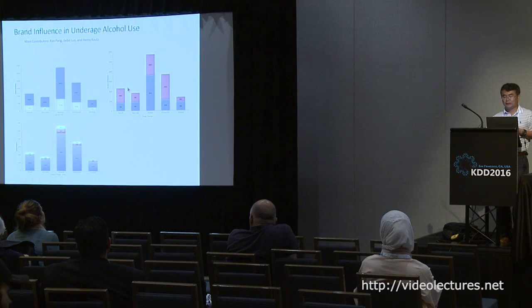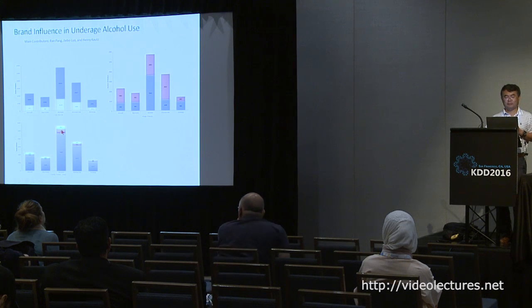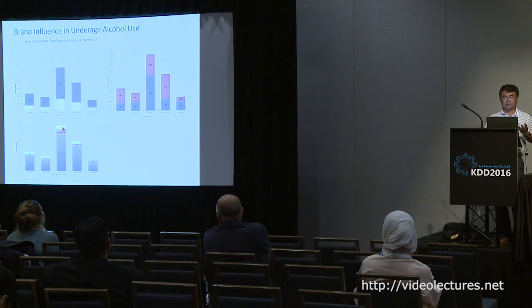That's not interesting. And then you look at Heineken in terms of gender. Heineken is mostly consumed by guys. Okay. And in terms of race, Heineken is mostly consumed by white people, followed by Asian people, and for some reason, black people don't like Heineken. Okay, that's what our data tells us. So you say, okay, not very interesting.